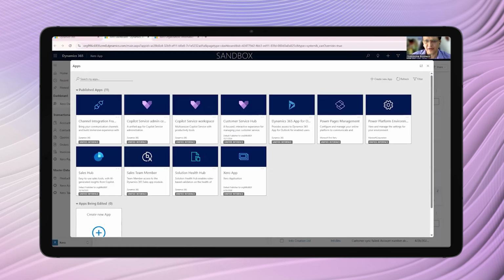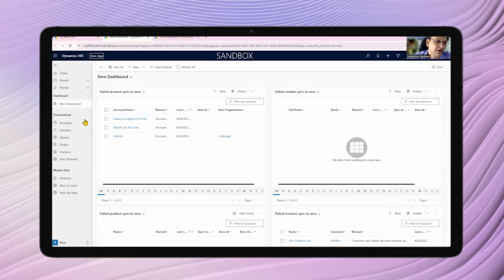All right, let me come back to CRM. So this is Dynamics CRM. So you get a managed solution. Once you install the managed solution, you get a particular app called the Xero app, which is published by Solution. And when you go into the Xero app, obviously you see a default dashboard where typically there are